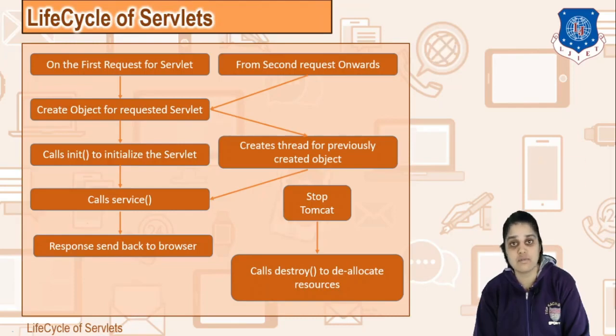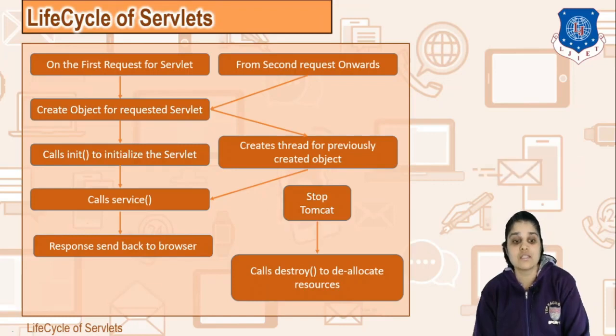So you can conclude that in your servlets, your init method is called once after the creation of the object of the servlet, and only once in the lifetime of your servlet. The destroy method is also called once in the lifetime of the servlet. It is also called by your Tomcat, and it is used for cleanup code, whereas your service method can be called as many times as needed during the life cycle of your servlet.